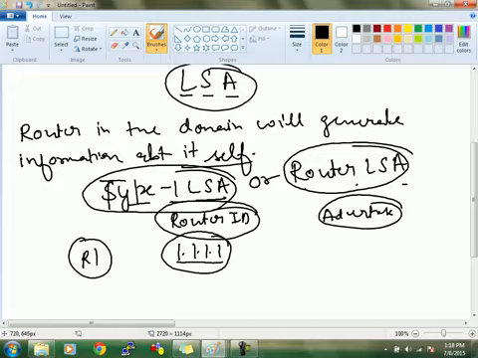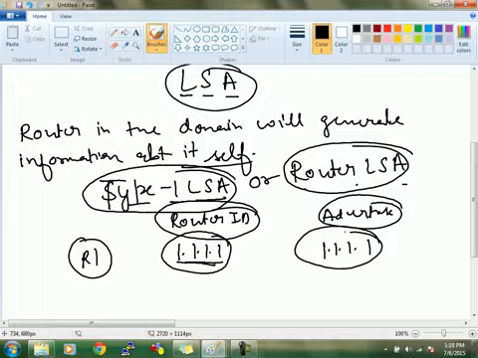मैं अपना एक डेटाबेस बना रहा हूं, मैं अपने डेटाबेस को कैसे रिप्रेजेंट करूंगा, अपनी राउटर आईडी से कर दिया। मैं जब उसको किसी और को दूंगा यही बता के दूंगा ना कौन दे रहा है, मैं, और एडवर्टाइजिंग राउटर भी कौन होगा, 1.1.1.1। इसका मतलब in case of type 1 LSA my LSA ID and my advertising router ID will remain same. ये बात समझ में आई? पक्का? मैं अपना डेटाबेस क्रिएट कर रहा हूं, मैं अपना डेटाबेस को नाम क्या दे रहा हूं, अपने राउटर आईडी, और दे कौन रहा है सामने वाले को, मैं दे रहा हूं। तो एडवर्टाइजिंग राउटर भी कौन है, मैं ही हूं। तो लिंक स्टेट आईडी और एडवर्टाइजिंग राउटर आईडी क्या रहेगी, सेम।